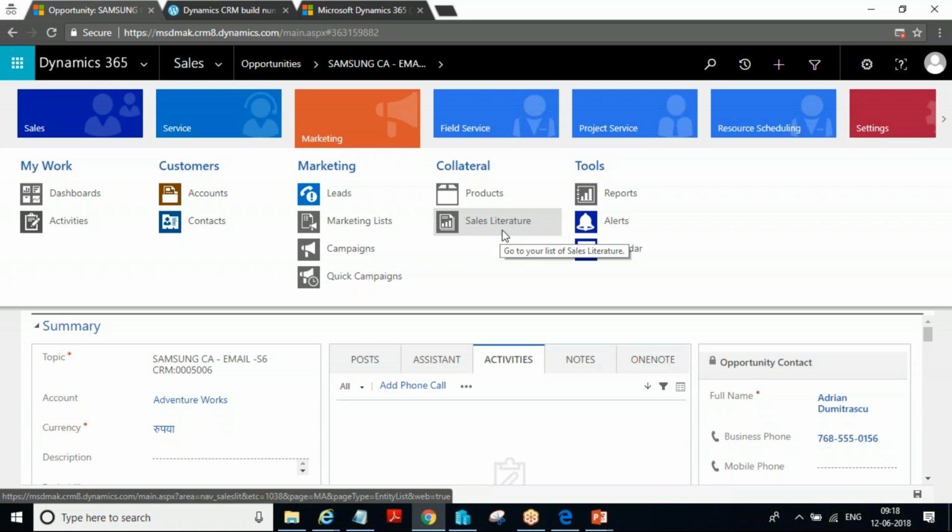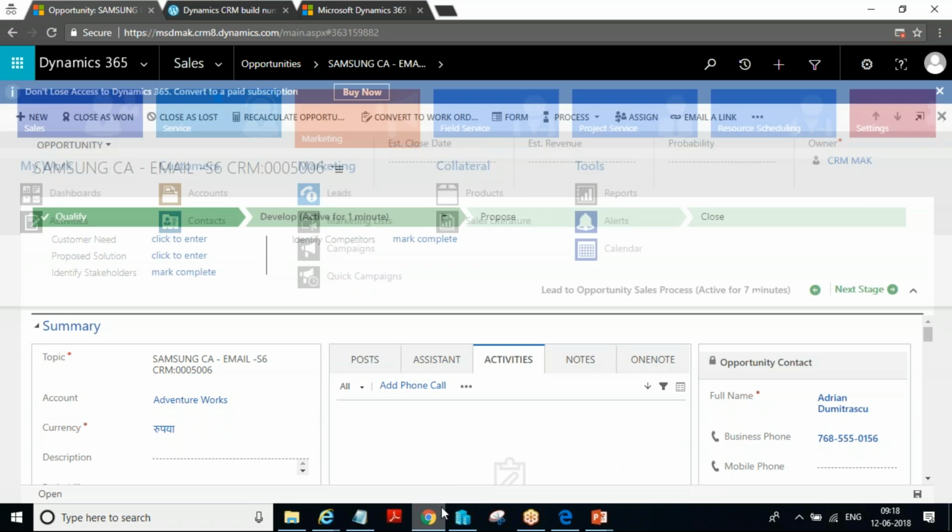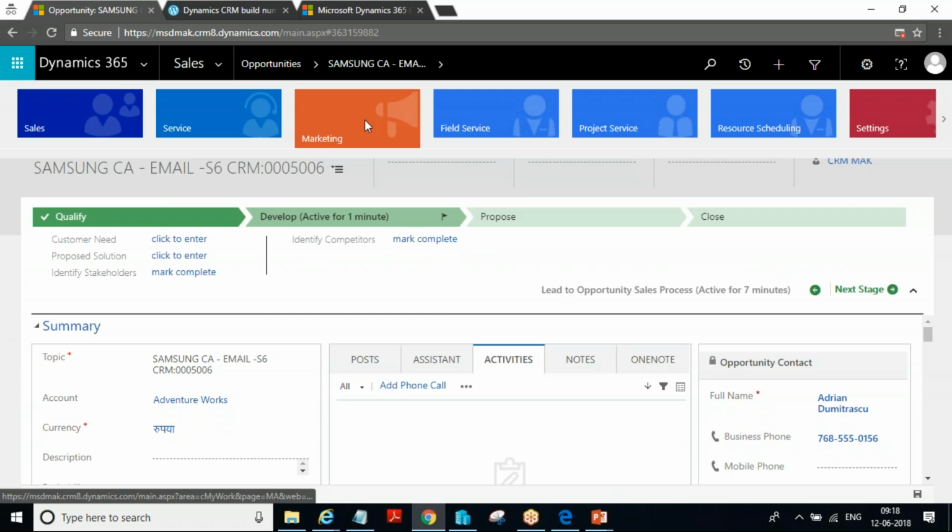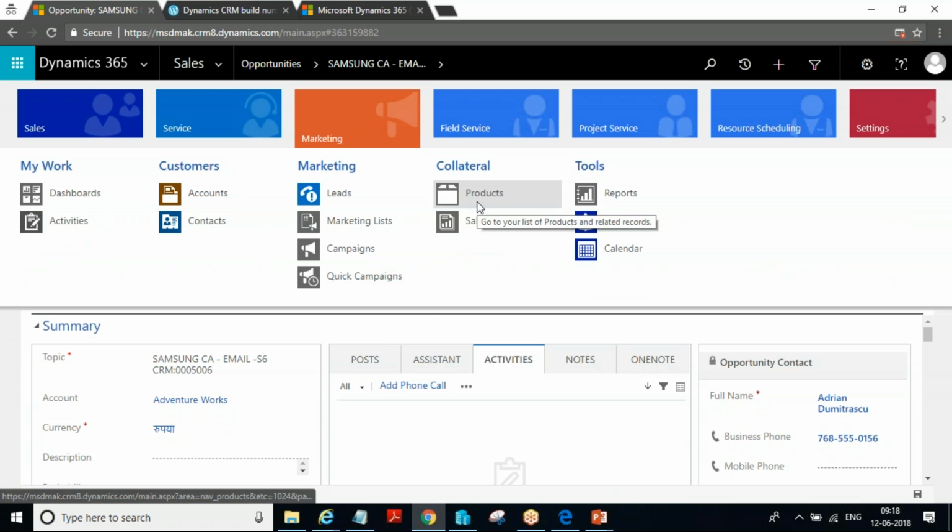Okay, next we'll go back to the opportunity here. On the product, can you please go to the product tab under sales? Marketing product, yeah, products. Here the CRM enables you to add any kind of product.